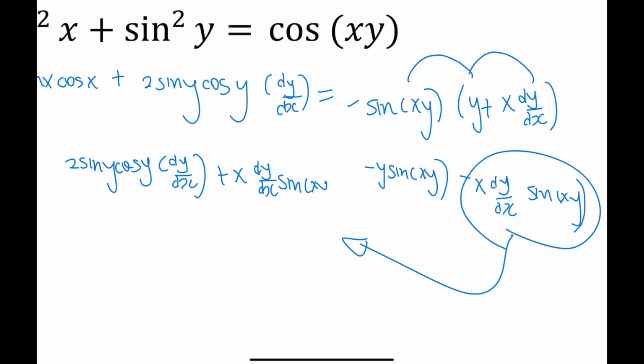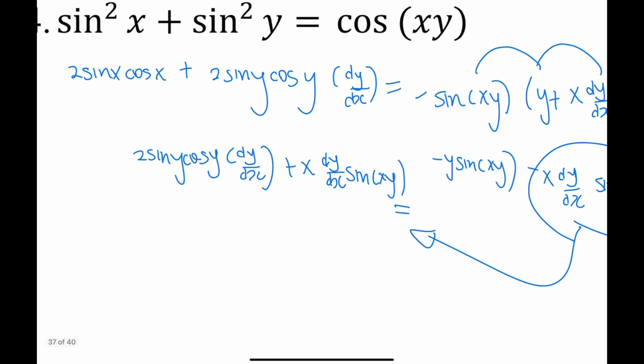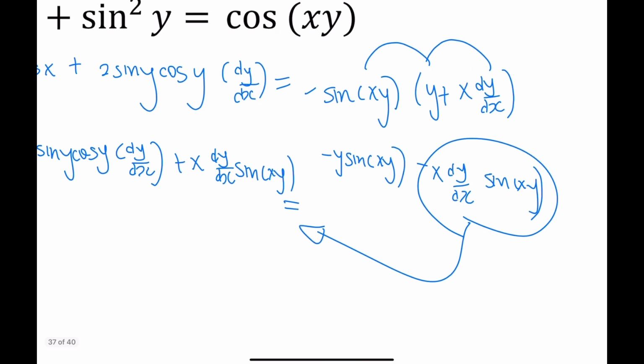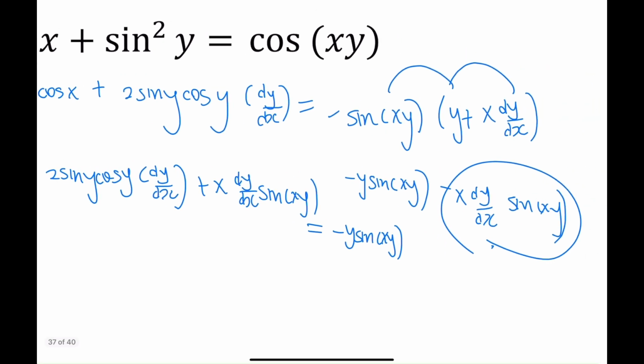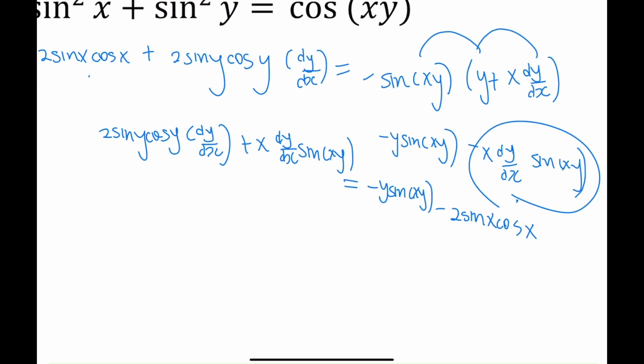Sine xy, and this is equal to negative y sine xy and this to the other side, which means negative 2 sine x cosine x. Okay, and then dy over dx is times 2 sine y cosine y plus x sine xy